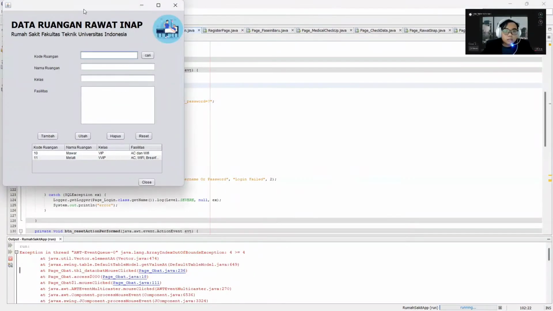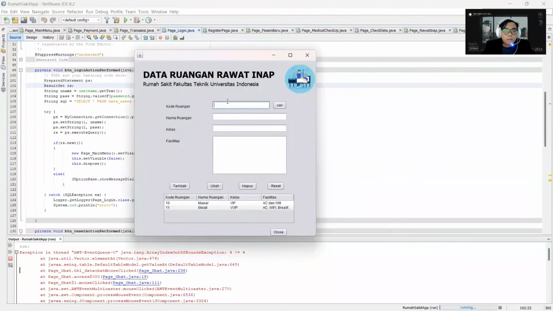In this page, data ruangan rawat inap, yeah, it is just to fill in data in this text field like before. We just type, for the code ruangan is 12. For the name of ruangan is Teratai. For the class is economy.